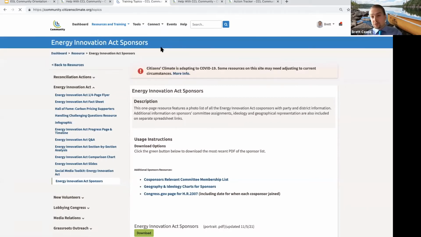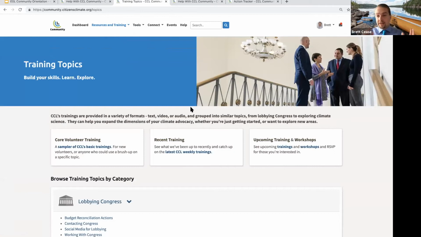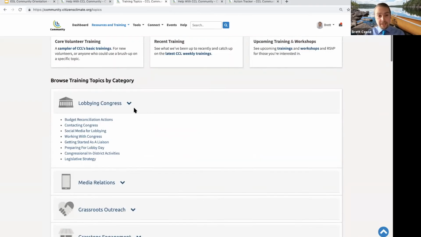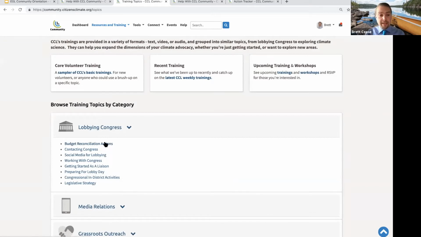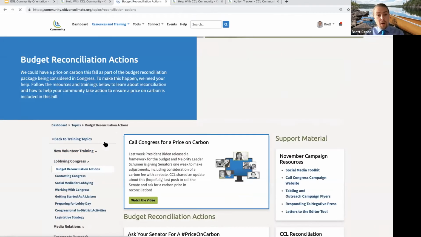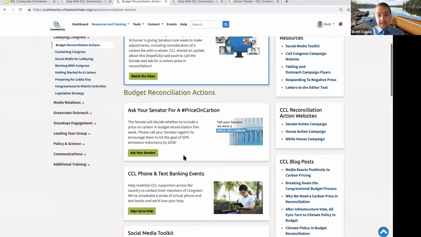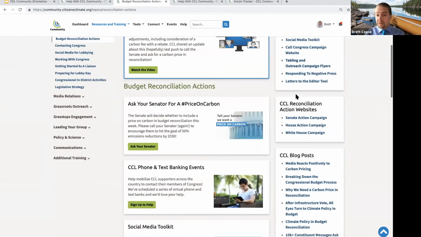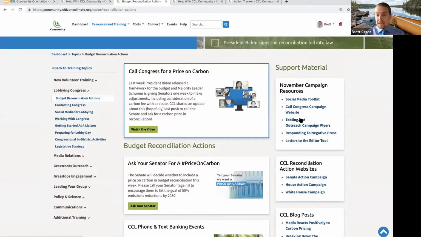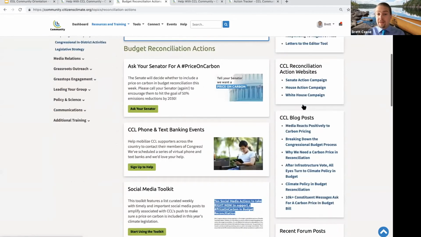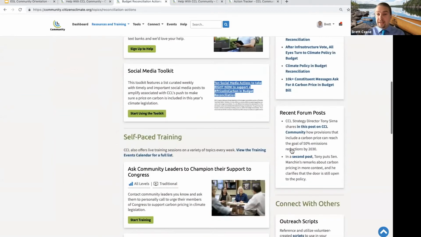And what we consider training topics to be are basically, they're in a variety of formats. You can see them in read, watch, or listen, and they're grouped on a similar topic that help you really explore a specific skill-based learning or discovery process. So if I'm most interested, let's just say in budget reconciliation, I could click on this training topic, and it walks me through all of what we are suggesting are really important related trainings in this main column here, and then support resources like outside action campaigns or our November actions for this month, or blog posts, you name it, here on the right-hand column.